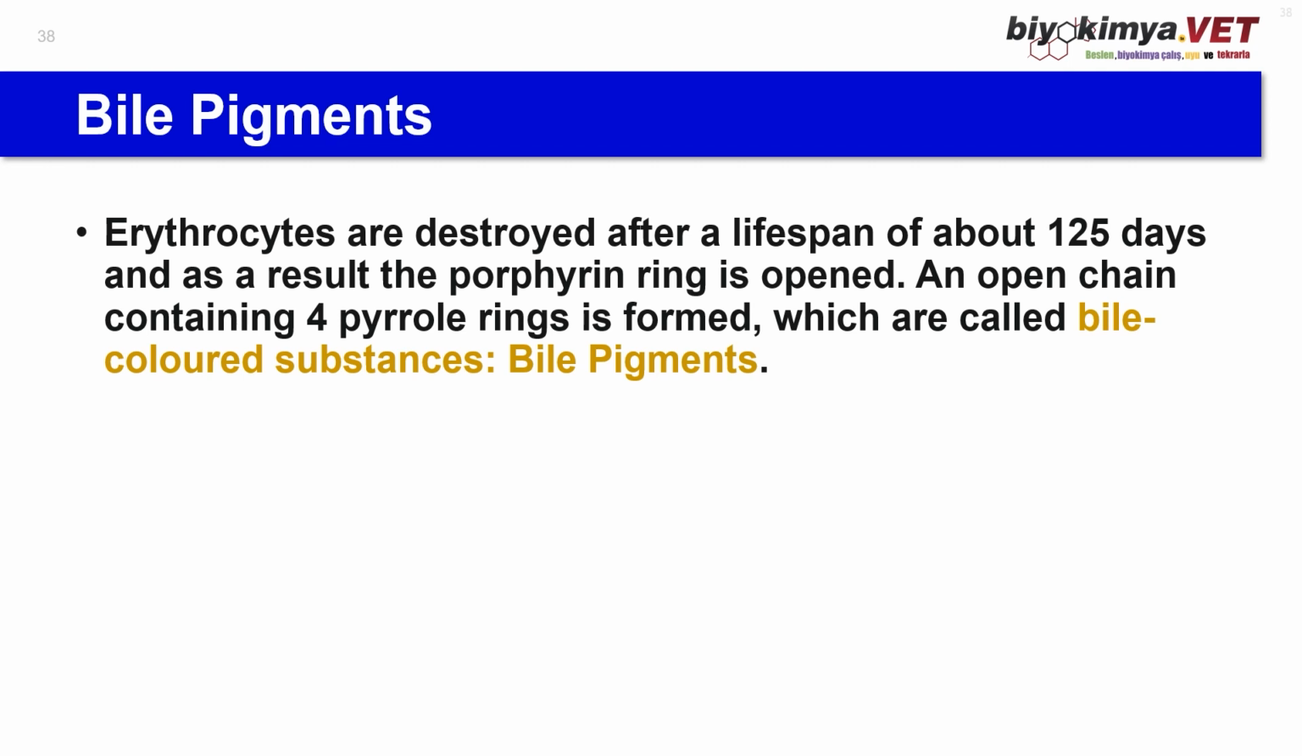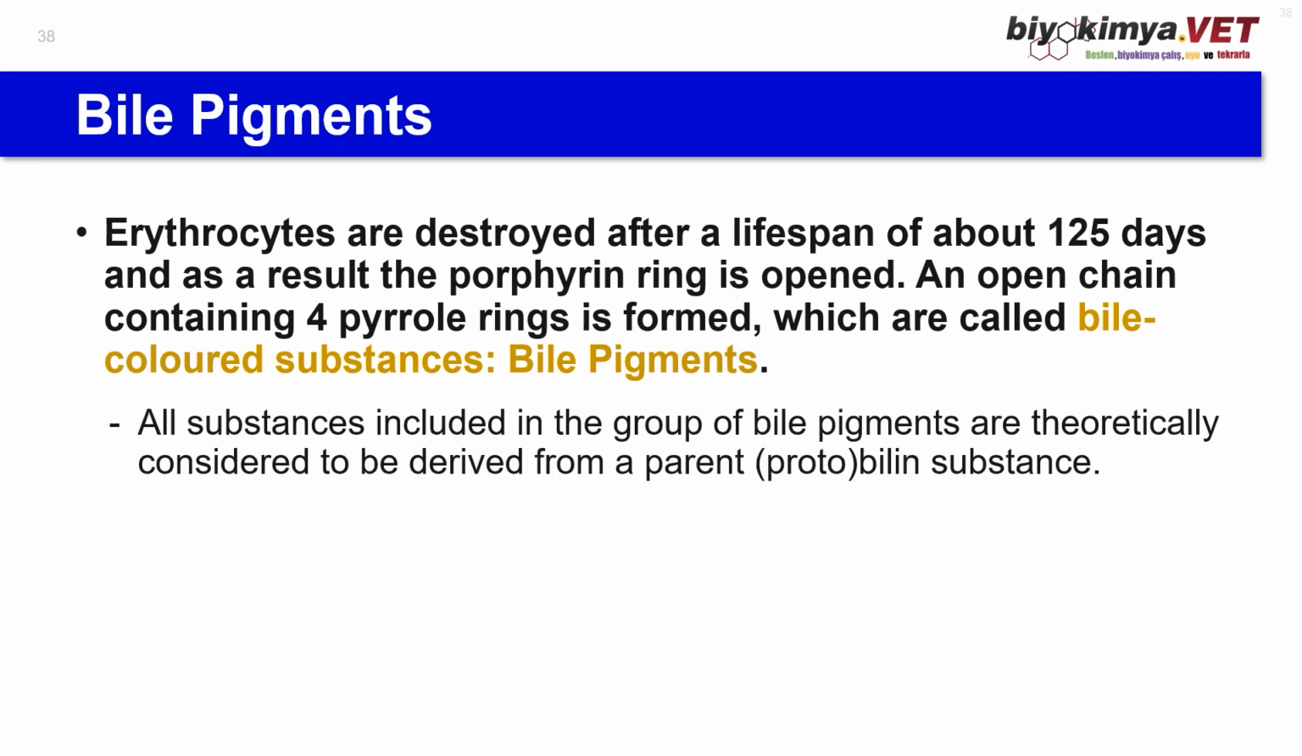Another type, bile pigment. Red blood cells are destroyed after a lifespan of about 125 days, and as a result, the porphyrin ring is opened. An open chain containing 4 pyrrole rings is formed, which are called bile color substances. In Turkish, we call them bile. All substances included in the group of bile pigments are theoretically considered to derive from a parent bile substance, also